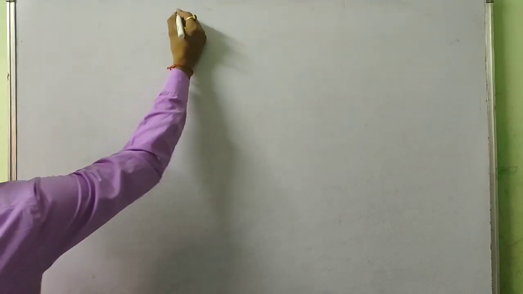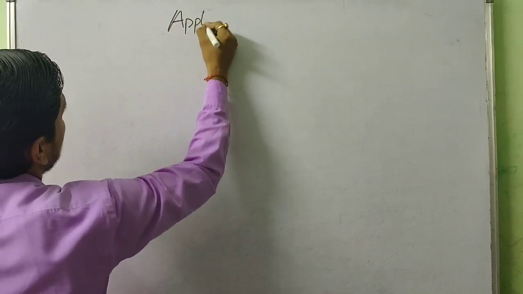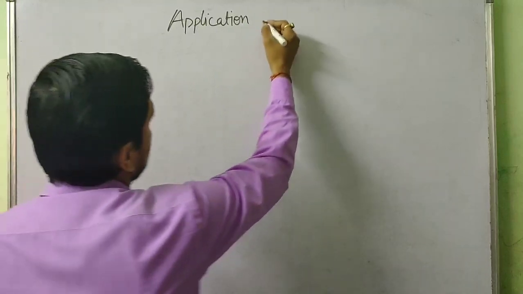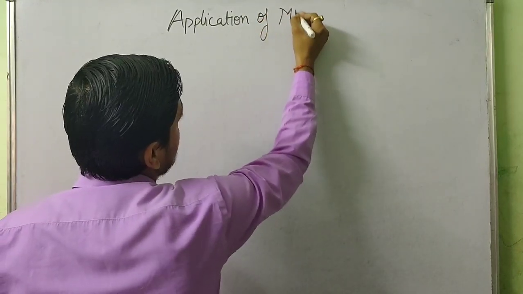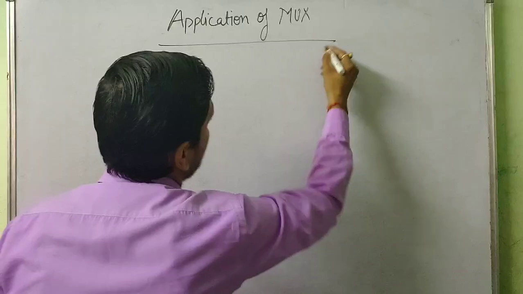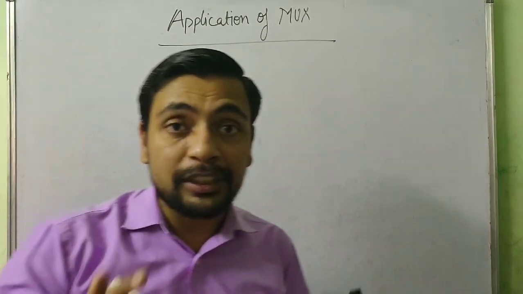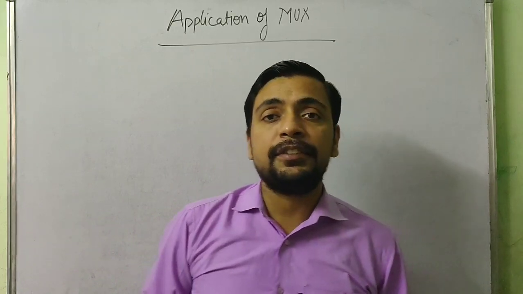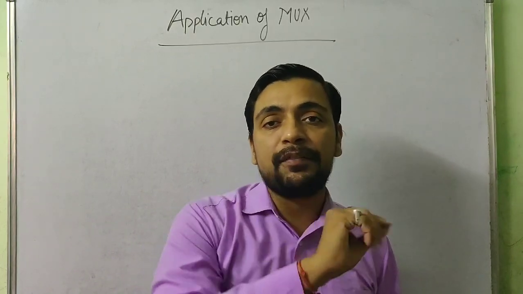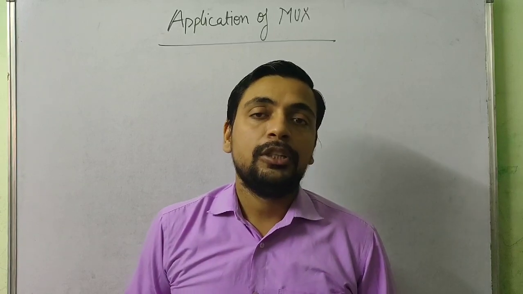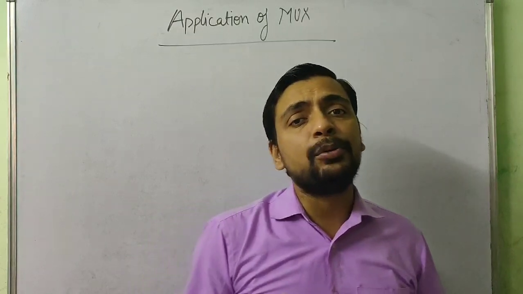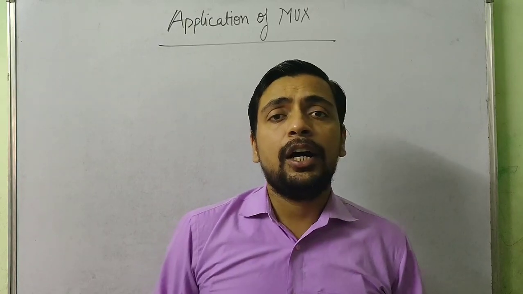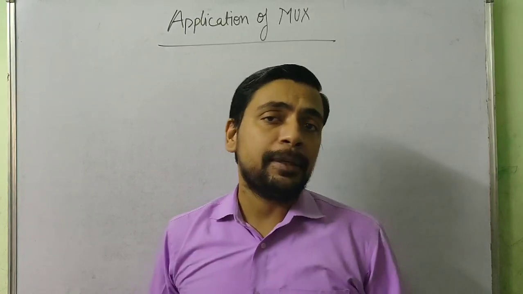If you remember, from the definition of multiplexer, I told you that it is used to select one of the given inputs. Multiplexers are also known as MUX. Let's get back to the definition. I told you that multiplexers are combinational circuits which are used to select a specific input out of the given inputs. So we can say that multiplexers can be used in all those places where we have to choose one out of many.